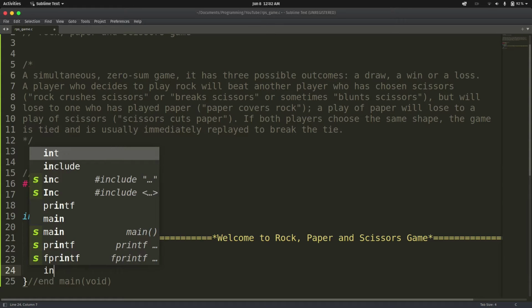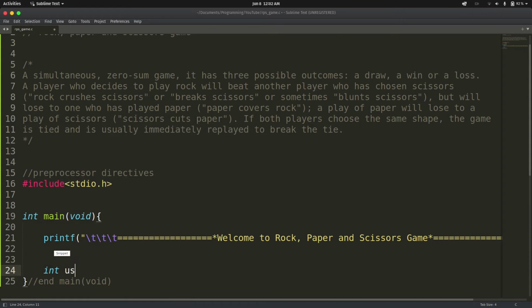Let me create a variable called int user_option, and then I'm going to initialize it with the value 0. So this is a variable to hold the user option. All right, so next thing,